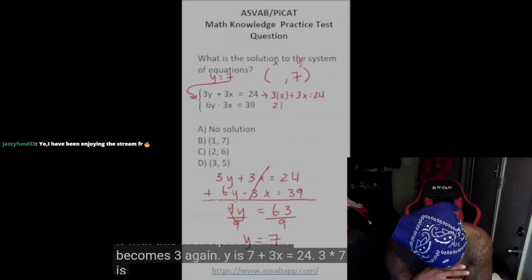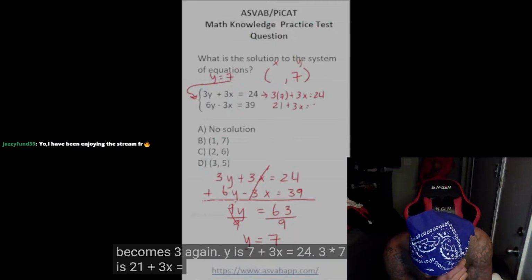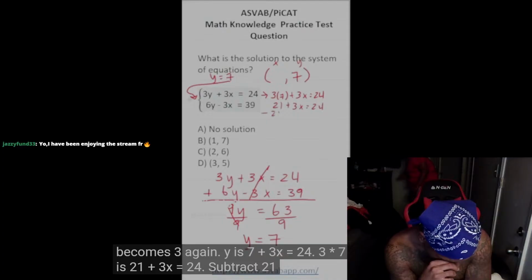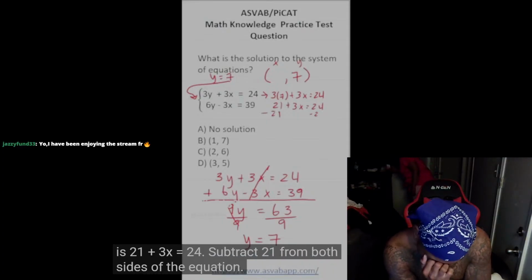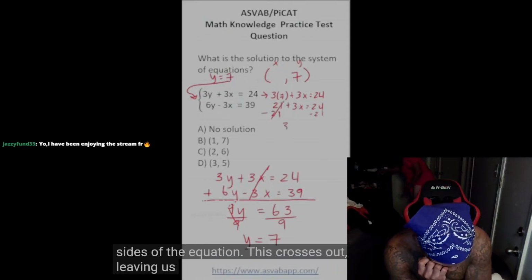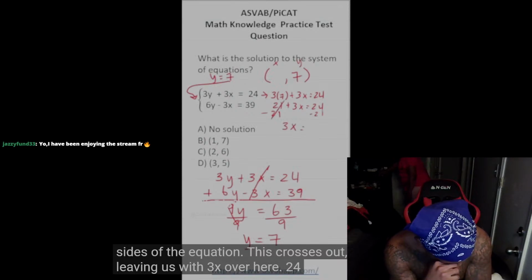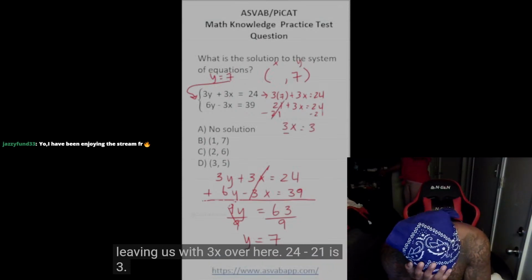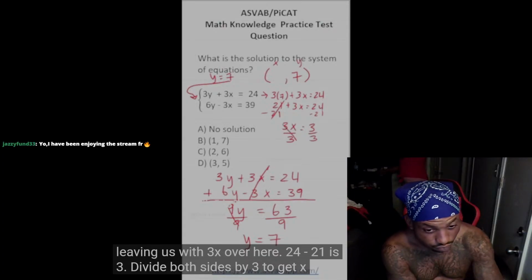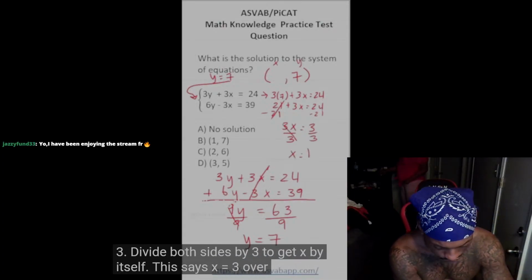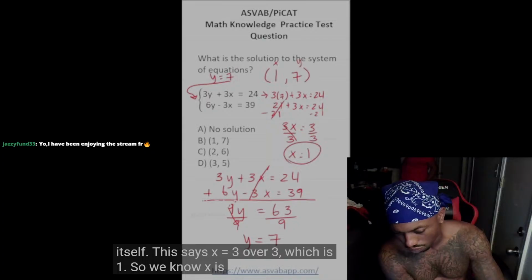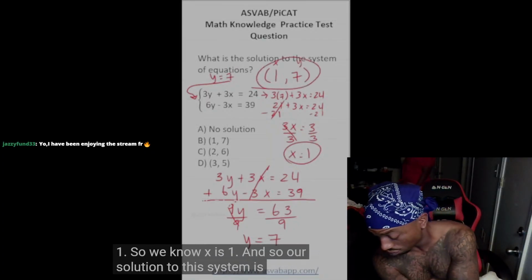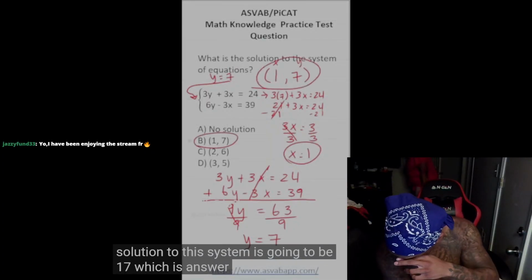3 times 7 is 21, plus 3x equals 24. Subtract 21 from both sides of the equation. This crosses out, leaving us with 3x over here. 24 minus 21 is 3. Divide both sides by 3 to get x by itself. This says x equals 3 over 3 is 1. X is 1. So our solution to this system is going to be 1, 7, which is answer choice B,